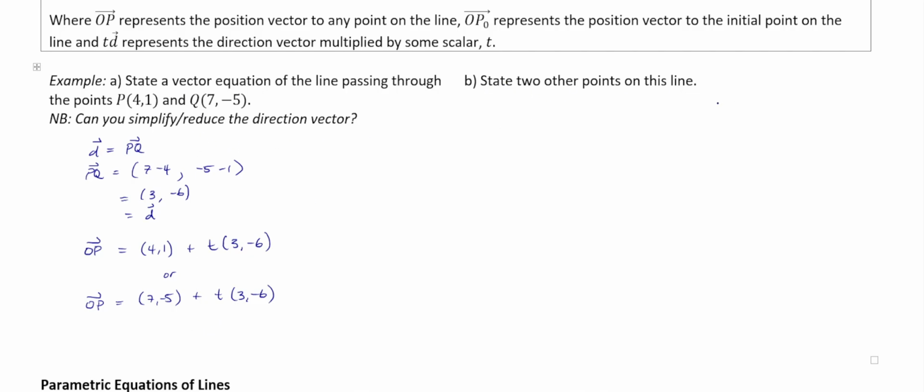State two other points on this line. So to state two other points on this line, I'm not going to state two, I'll just state one other point. To generate points on the line, I just select values for t. Okay, so select values for t, and that will generate other points on this line. So let's say, for example, set t equal to 3. Well, if t is equal to 3, then x is equal to, so if we want to say right here, this is xy,